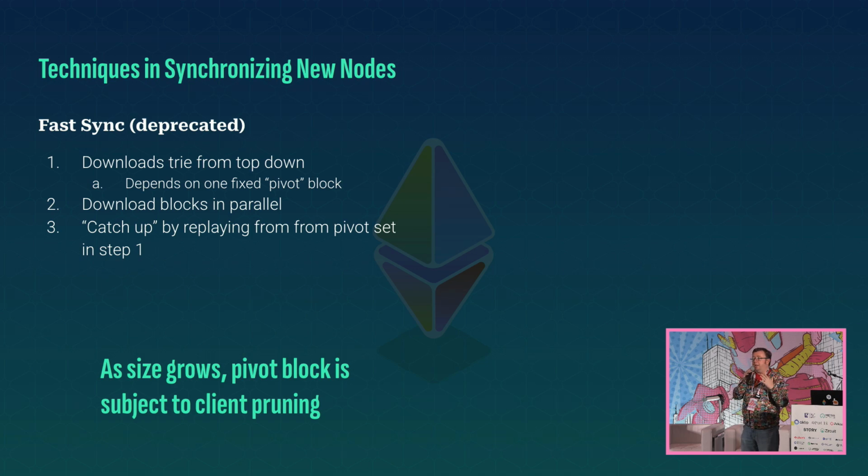And this works great in small numbers, but when you get to a real full production size mainnet experience, this can take days to calculate. And the problem is that clients like to clean up and keep things nice and tidy, so that root node that you thought you had around, there's going to be less and less clients that are going to be able to share that information. So the problem with this sync, and it was faster than some of the alternatives, is you're eventually going to run out of references to that root node, and no one's going to be able to tell you what your tree leaves are.